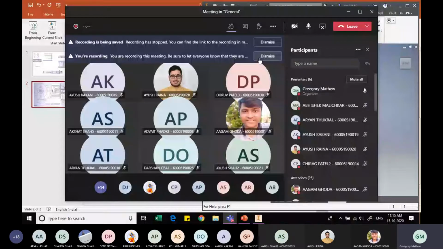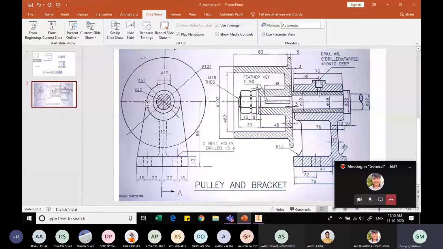The recording is ready. So we'll start with the basic components that we have. First, we'll start with this nut, and then we'll go to the flange nut, and then we'll go to the key, and then we'll go to prepare this push, which is the fourth item. And then we'll go to the shaft, which is the fifth item. We'll complete the pulley, which is the sixth item. And last, we'll go to the bracket, which is the seventh item.